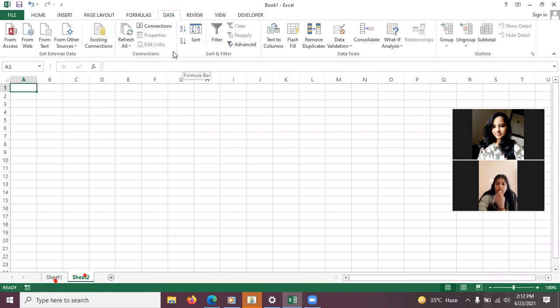In this, you will find What-if Analysis in the Data Tools group. This is the process of changing values in the cells. If you want to make any changes in the cell where you have applied a formula, that is when we use it. This topic will be coming later in the chapter. We will discuss it. So this way you can use What-if Analysis also.